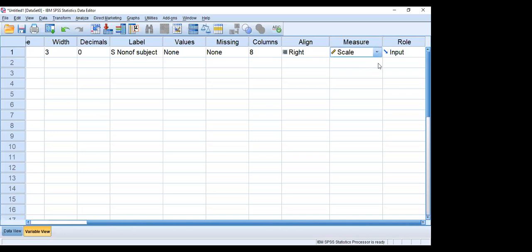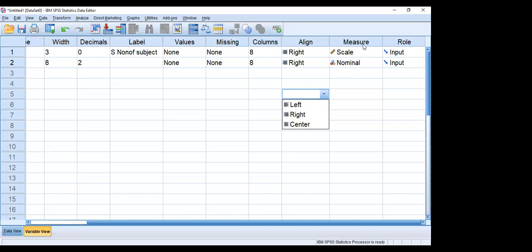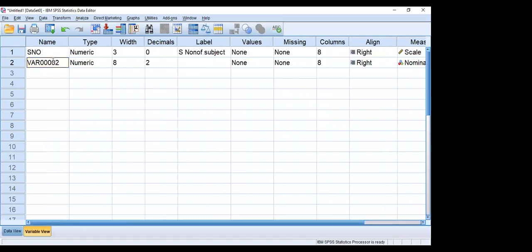If all your data are continuous, make sure that it is scale. Suppose by mistake, for continuous data, you enter it as a nominal variable. What use is that? The Student's t-test won't be carried out. The arithmetic mean and all these things won't be carried out. So you have to make sure that it matches the type of data, whether the data is nominal, ordinal or scale. Okay, this is the main function of Measure. So our first variable is serial number. The second variable we want to have is name of the subject.